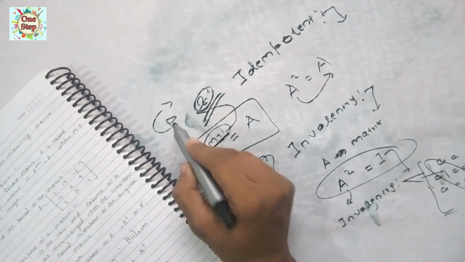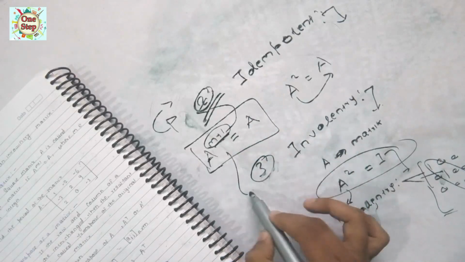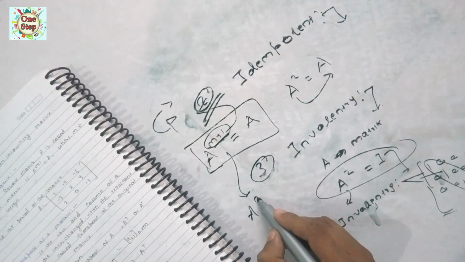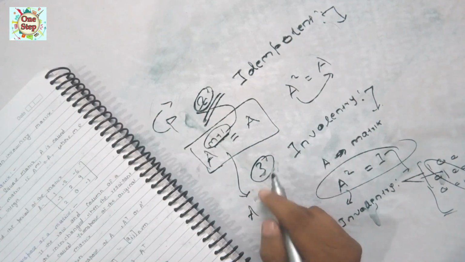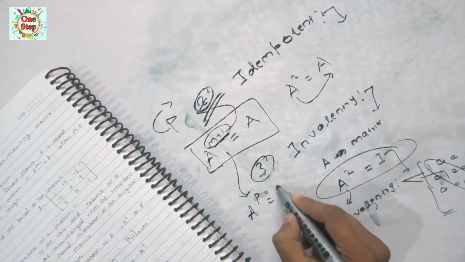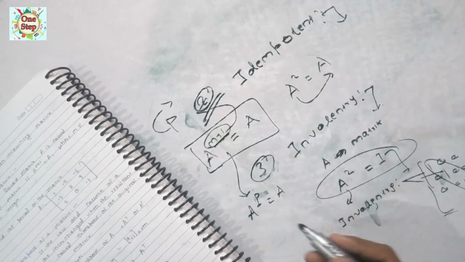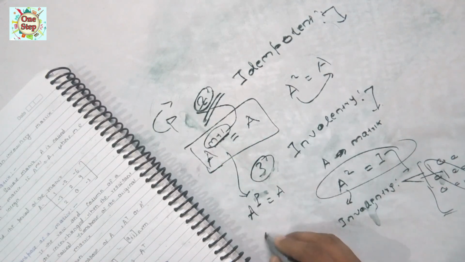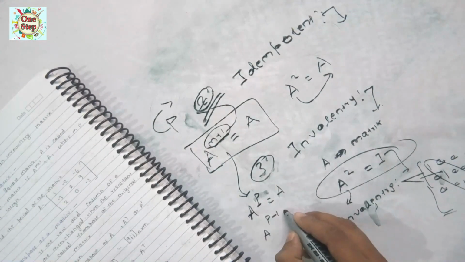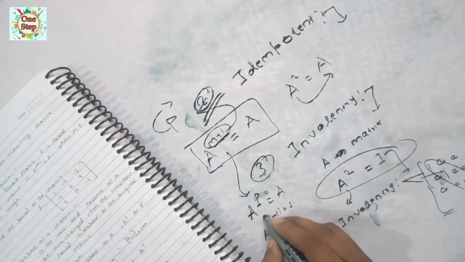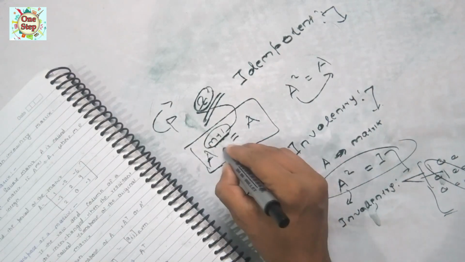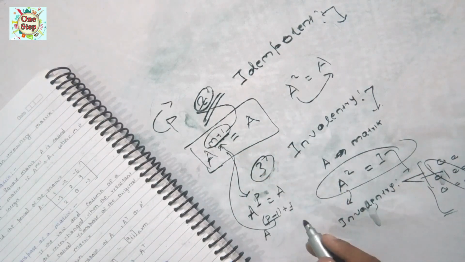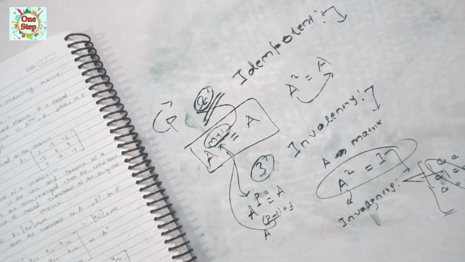So let's suppose instead of m plus 1, we find A raised to the power p, and it becomes A. Then how do we write this p? We have to write it in the form A raised to the power p minus 1 plus 1. What does it mean? It is somehow related to m. From here we can find the value of m, where m is an integer value. Well, so as we had discussed,